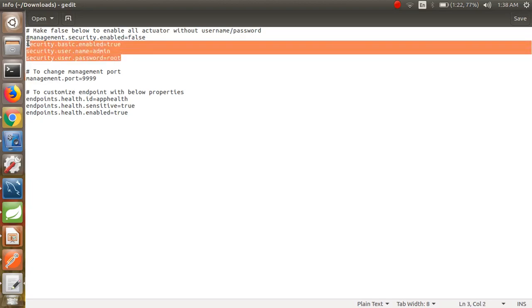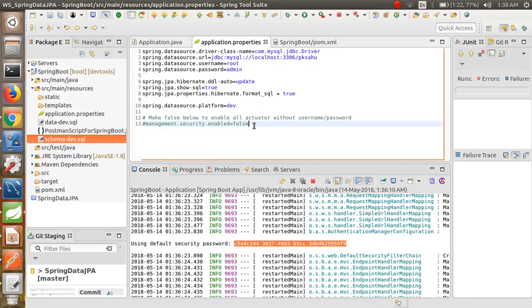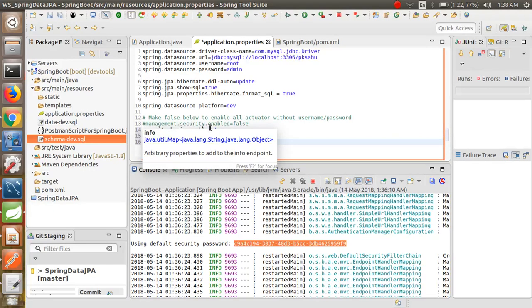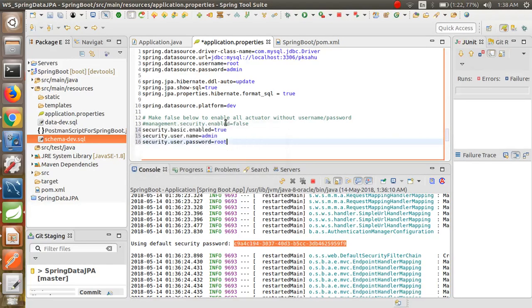see, these three properties are required. This management.security.enable should basically be true, so that's why I commented it; by default it's true. Then there is another property required, security.basic.enable, which should be true, and security.user.name, I am passing admin over here, and security.user.password I am passing as root. So once I click on save,